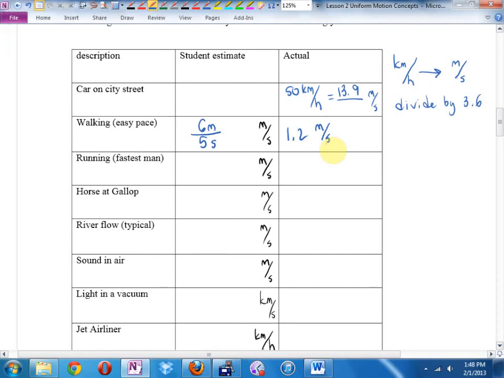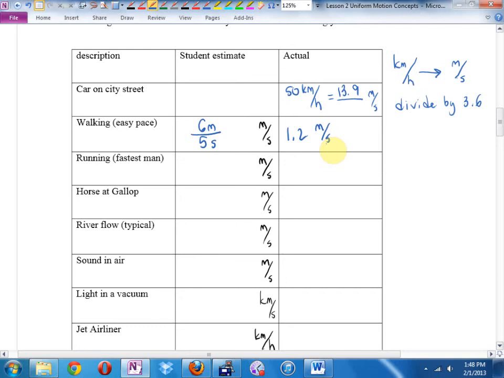3 meters per second, you're walking pretty quick, speed walking, in a hurry, trying to catch someone. 1 meter per second, you're strolling pretty casually. So if they're asking you a question about finding the speed of somebody walking and you get an answer of 119 meters per second, you know you're wrong.